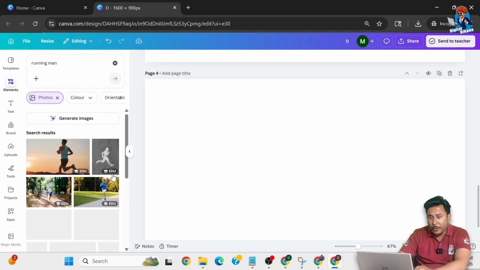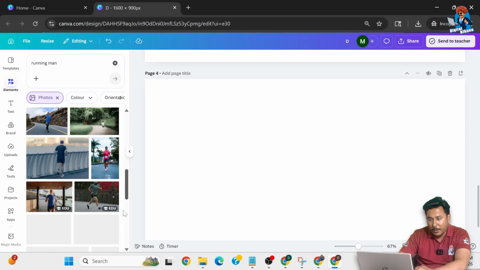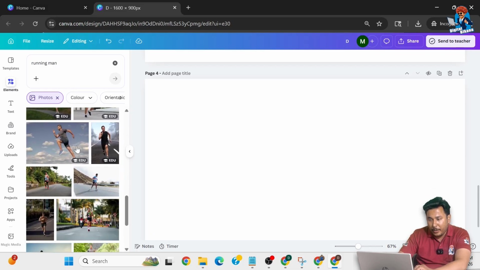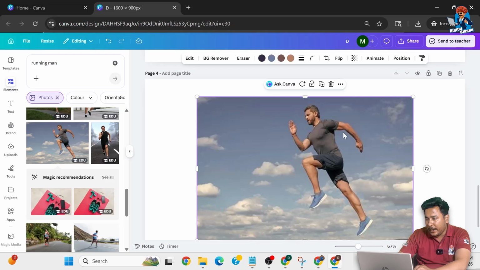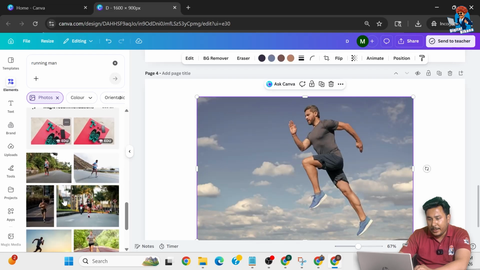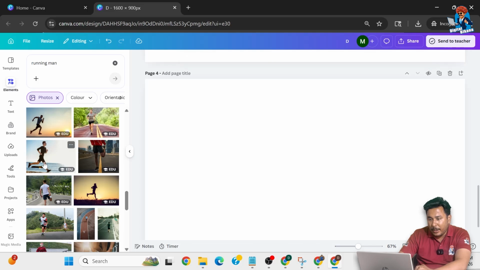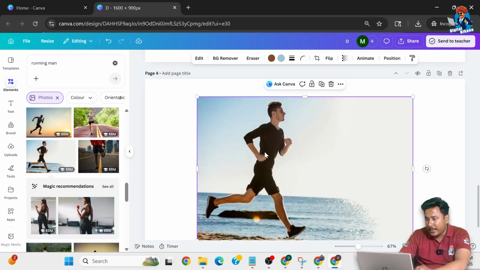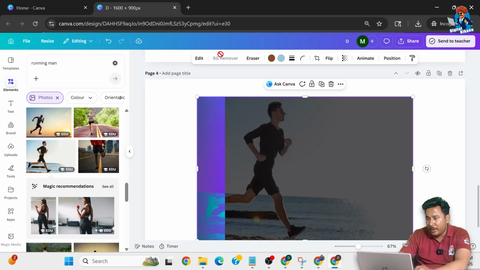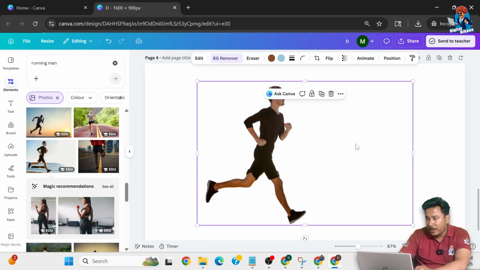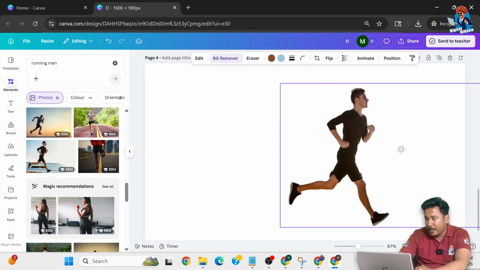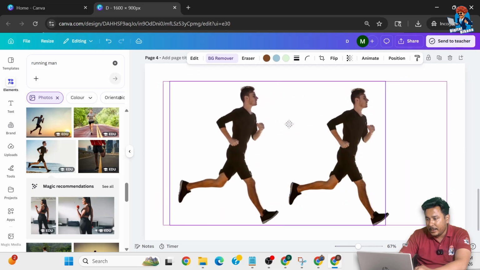We will go to photos. You can use any of the photo, right? For example, I am using this. You can use something else as well, or you can use this one photo as well. So I'm going to remove the background, and now what I'm going to do is I'm going to duplicate it